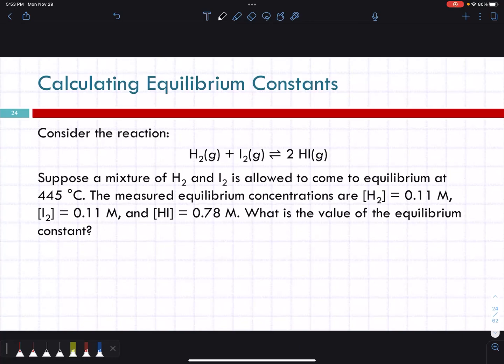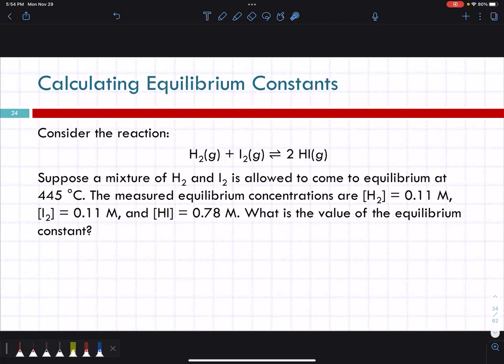So this is a good example of an actual question. I might give you a question that says, write out the equilibrium constant expression for this reaction. Definitely a question you could get. But in terms of numbers and word problems associated,